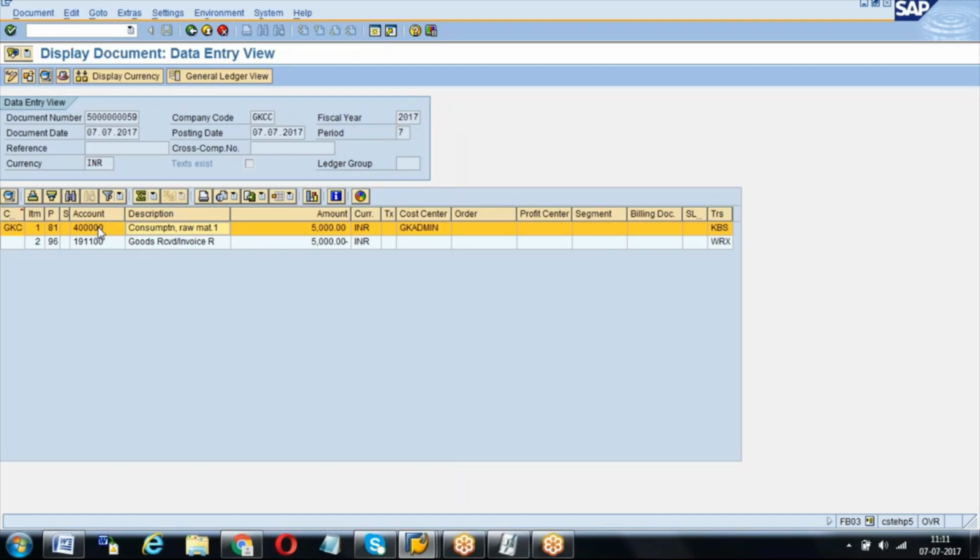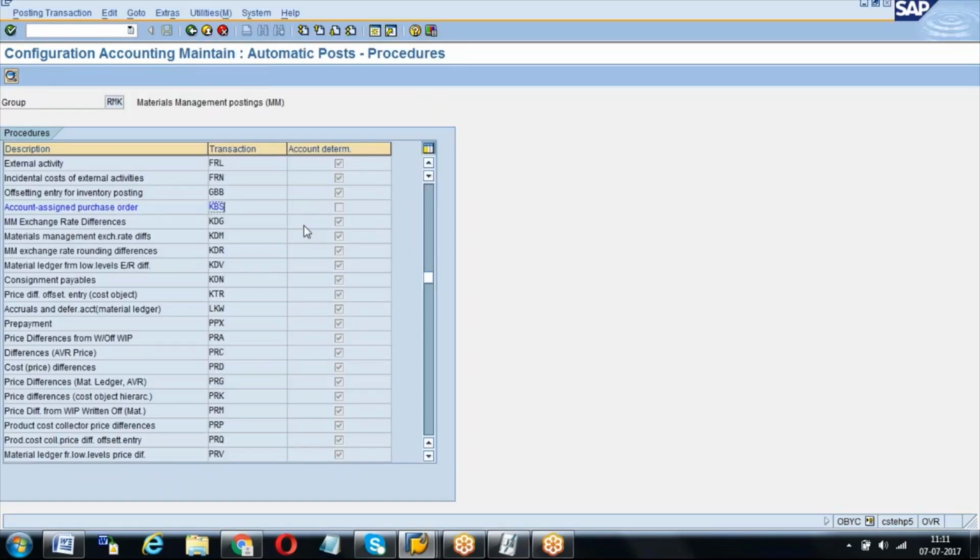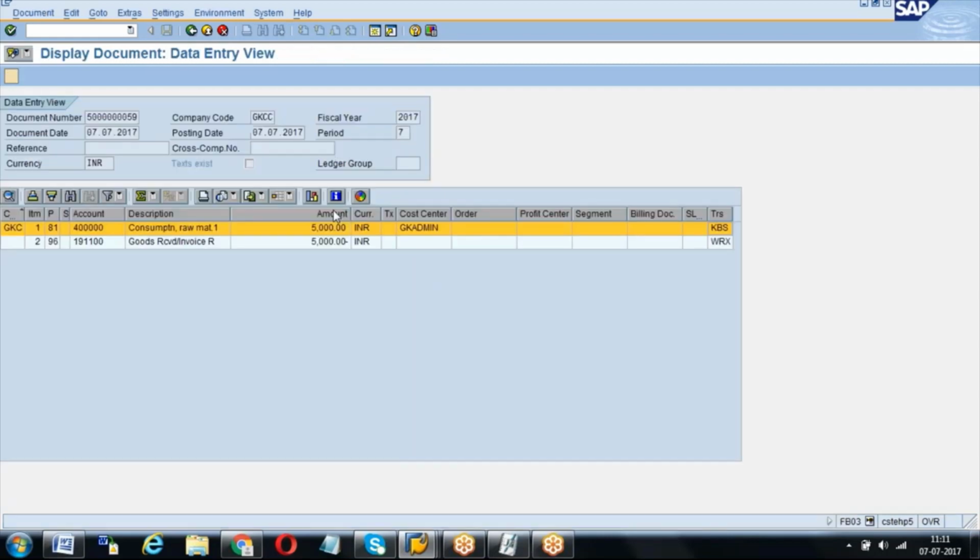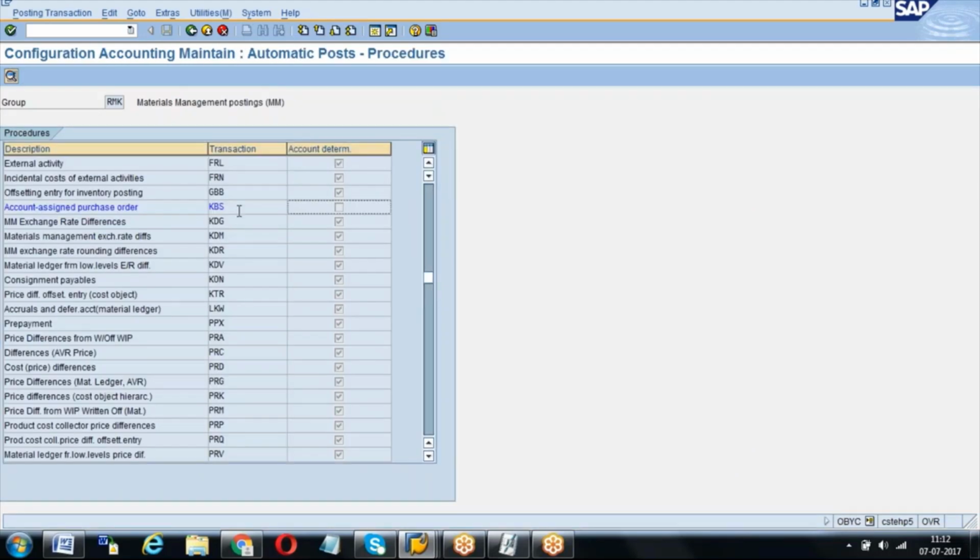During invoice verification, you might have observed the vendor account will get KBS. Have you observed that in invoice posting? For a vendor also, the system will show you KBS, but that will come from the vendor reconciliation account. KBS won't have any account of its own because there is no account determination as per the account assignment category. If it is K, you should show the VBR, right? Why are you showing KBS? Because that is the account assigned PO.